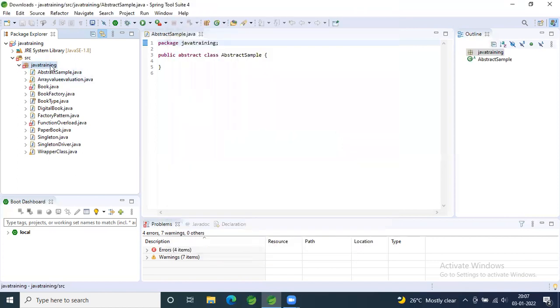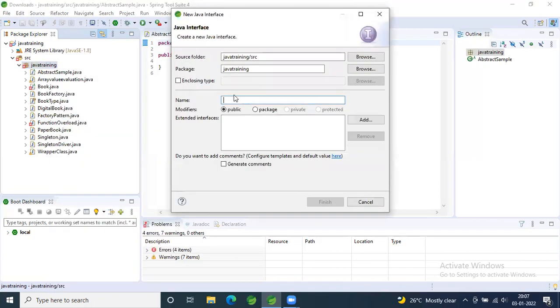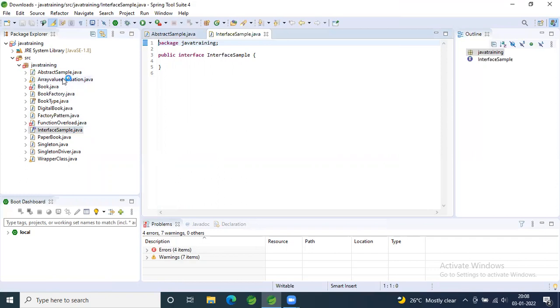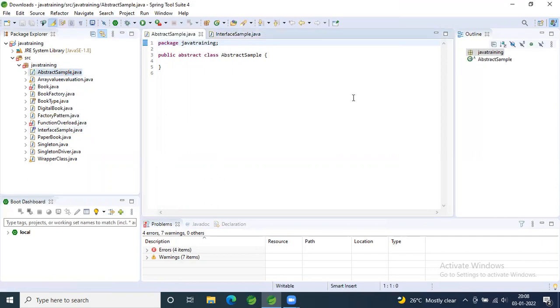Interface. Okay. So now within the abstract class, we'll have one method with the keyword abstract and one without the keyword abstract. Okay.